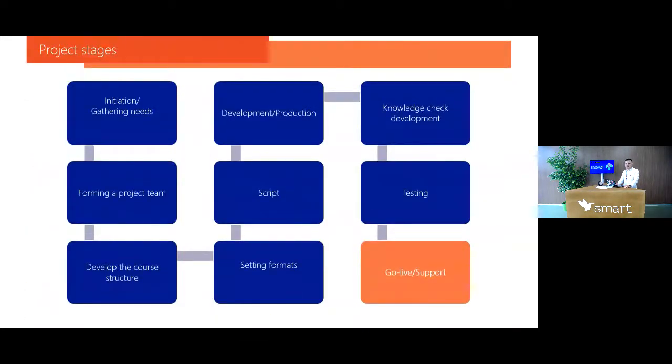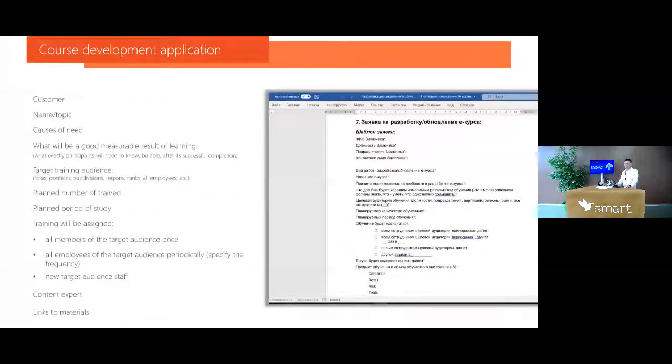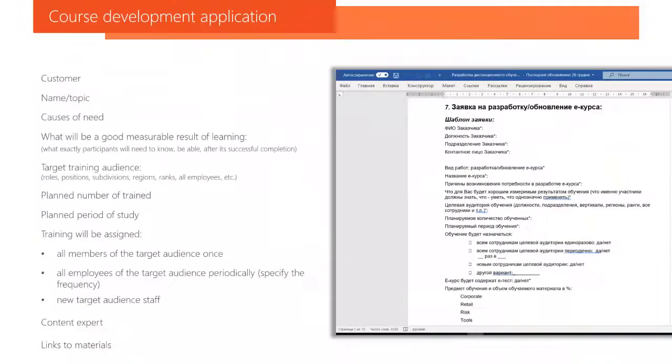First phase, initiation. It's good to have an application for this first step, because in this application, the initiator will describe what is the cause of the need, what will be the good measurable results for this course, what will be the target audience and the amount of this target audience. So that's why we need to have this application. This application could be added to this table, with the groups of users, the amount, for instance, turnover rate,